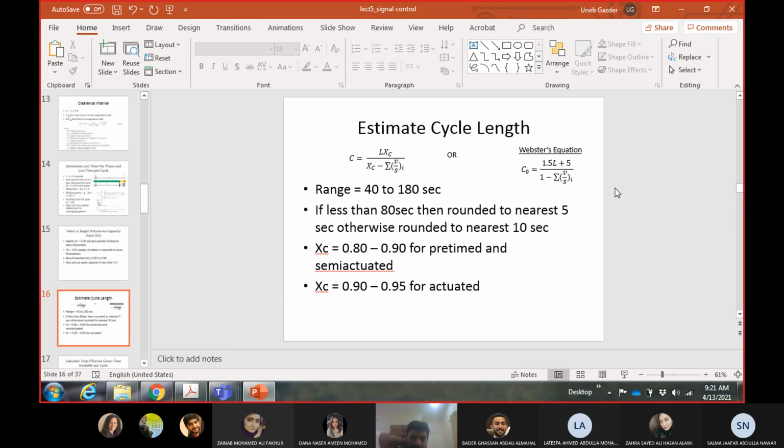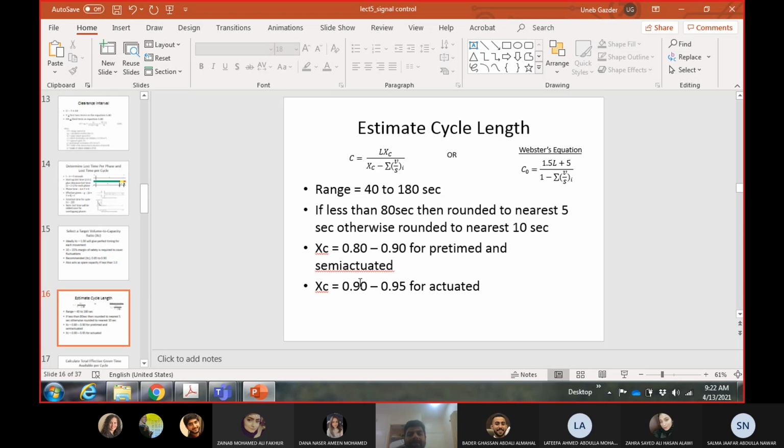Okay, and then whatever cycle length you get from these equations, we have to do some rounding off, so we round up. Okay, so if the cycle length is less than 80 seconds, we round up to the nearest 5 seconds. If it is more than 80 seconds, we round up to the nearest 10 seconds. This is because if the cycle length itself is very small and you are rounding up to 10 seconds, then it will make the cycle length larger. Okay, so this is usually what we do as well when you are doing your calculations. When the amount is very small itself, you will round up to a very small number. Okay, but if the amount is bigger, then up to 10 seconds doesn't make any difference.